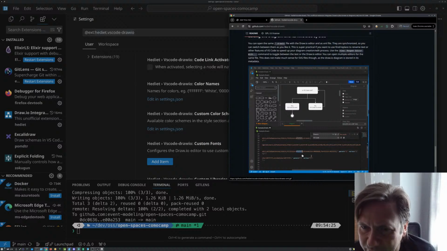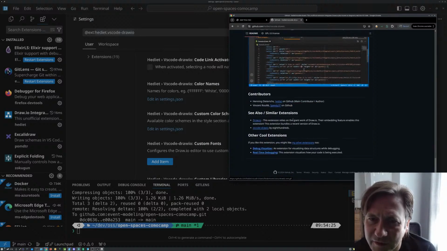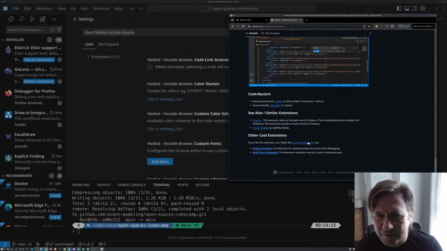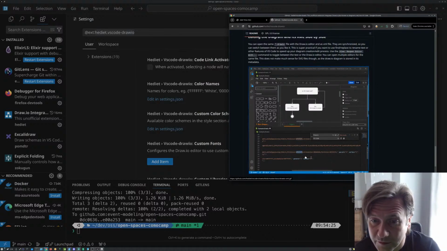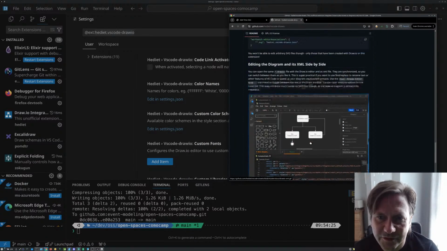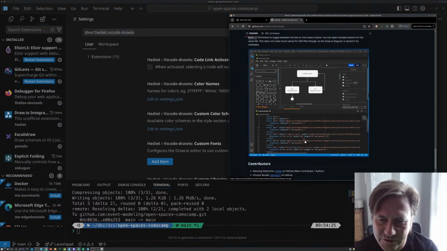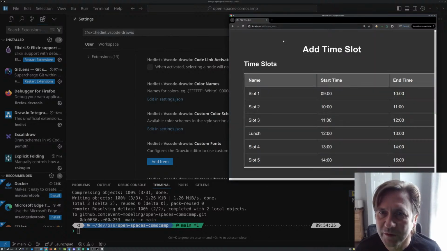Yeah, so you can edit this stuff side by side. Very neat. Okay. All right. So there might be some opportunity to jump in on this and hook into this extension and try to add some of these features, like for that are event modeling specific, like the one that I've been doing right now, which is